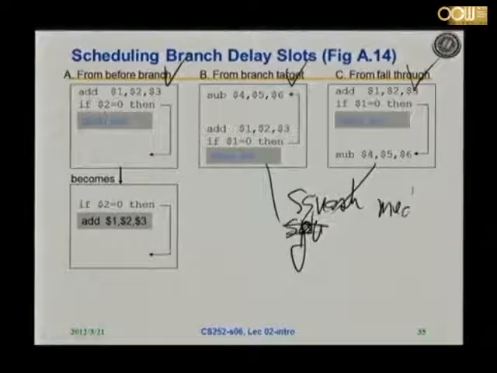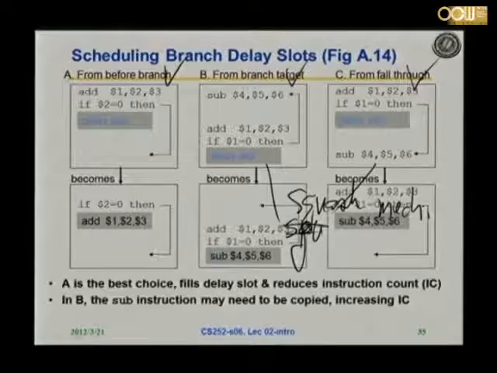Squash mechanism. So A is the best choice, fills delay slot and reduces instruction count. In B,